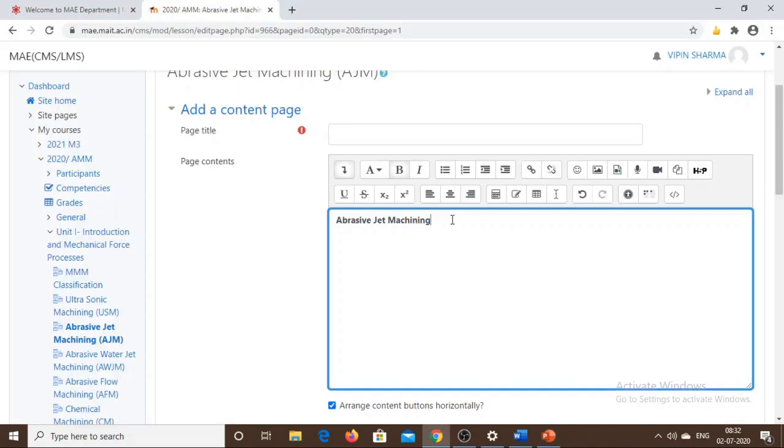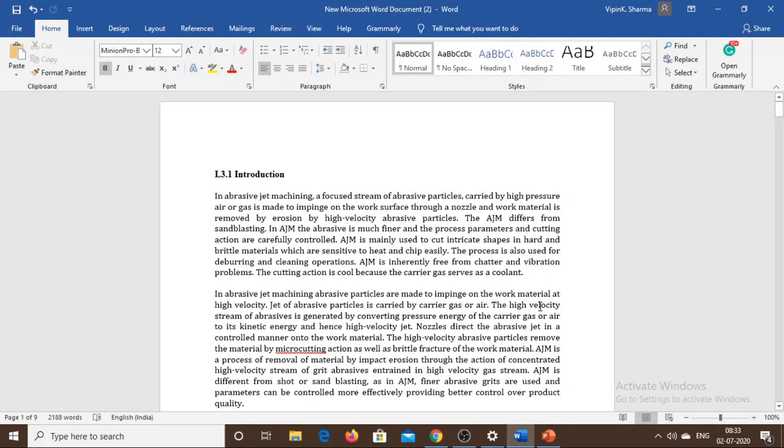One more thing, before adding any content to this page, I would recommend you to make a PDF or Word file of all the contents of a particular lesson and keep the data and the literature ready to upload. So here in this Word file, I have prepared the lesson in 3 parts. The first one is lecture 3.1 introduction.